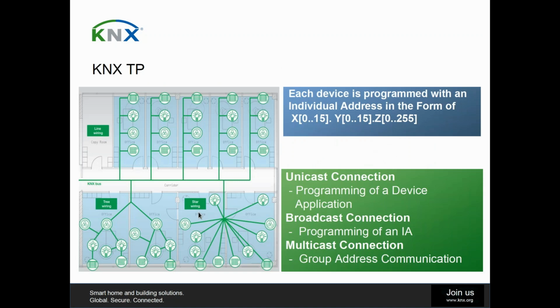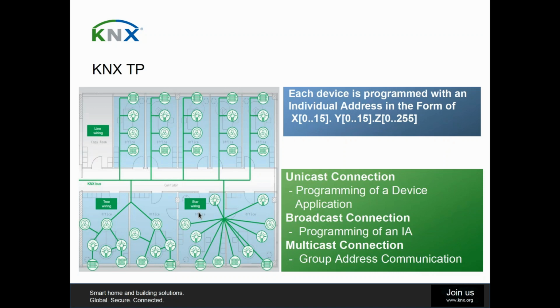And if you go to the KNX TP bus, which we also have on each KNX IP router, of course, on the KNX TP side, we have now a lot of devices which are programmed with individual addresses in the form of 0 to 15, 0.0 to 15, 0.0 to 255. So that means now each device knows its address. And if you know, and I expect you to know something about group address and of course basic communications, then